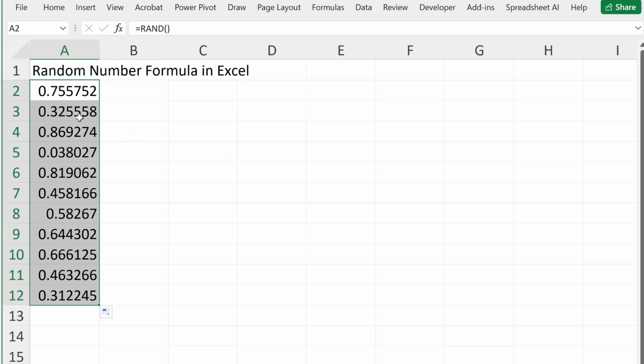So the number will look like 0.755752. It is between 0 and 1. If you want a whole number between two specific values, for example between 1 and 100, this is the most